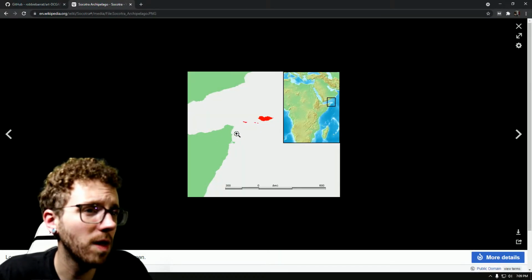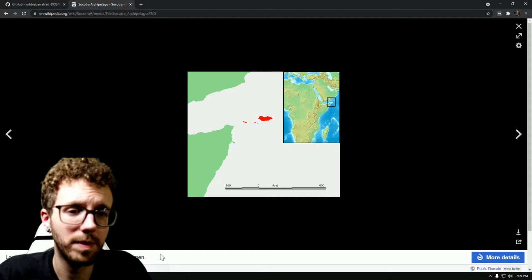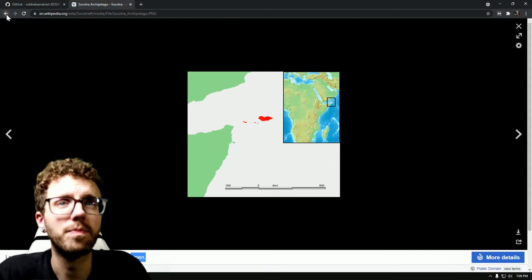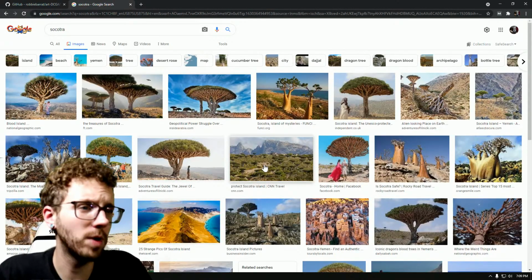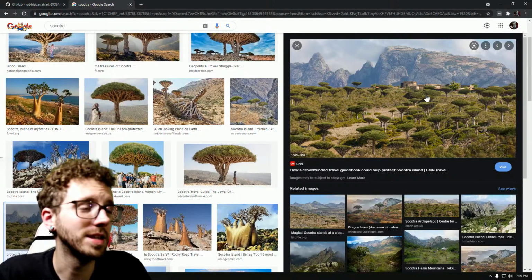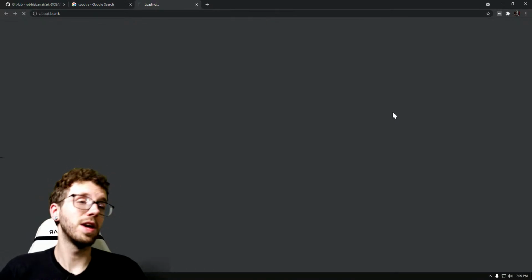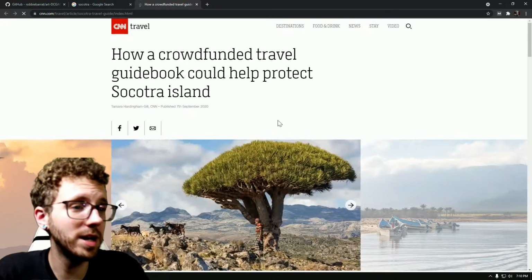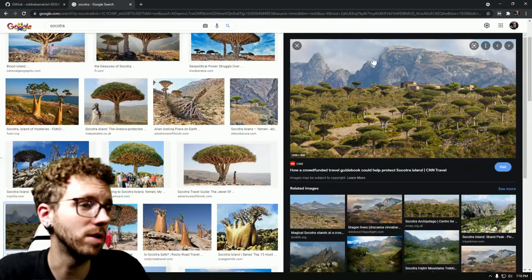I don't know. Is this Sri Lanka right here? I don't know my African geography that well. Oh, Yemen? Maybe it's Yemen. Anyway, they're so secluded from the rest of the world that it looks kind of alien. Now this is just a straight up photo. And this would work. If I got AI generated weird trees like that image, I want to go here, but